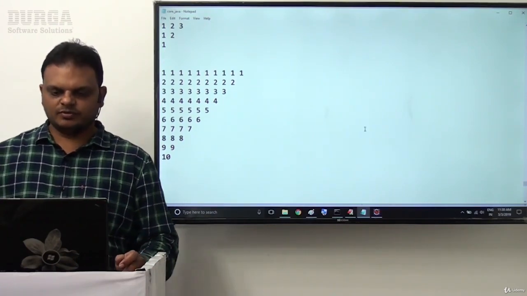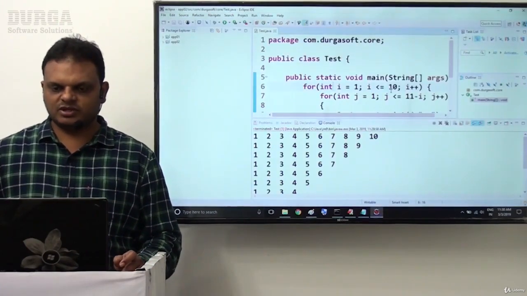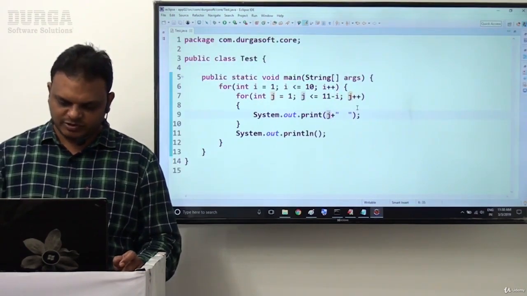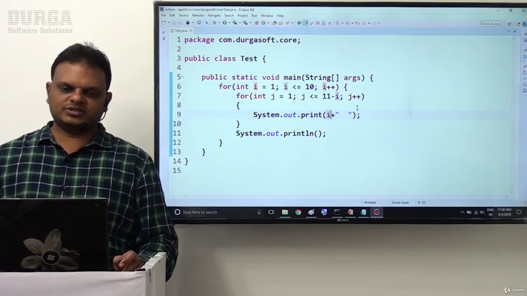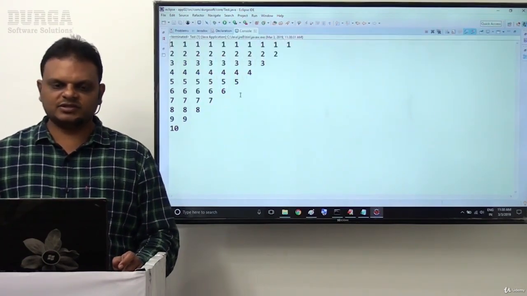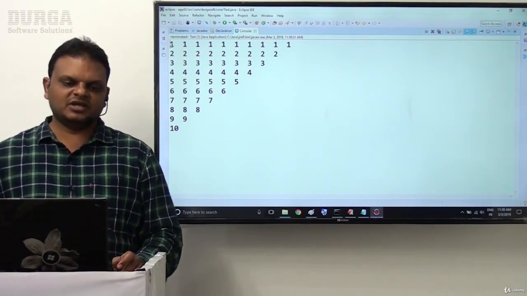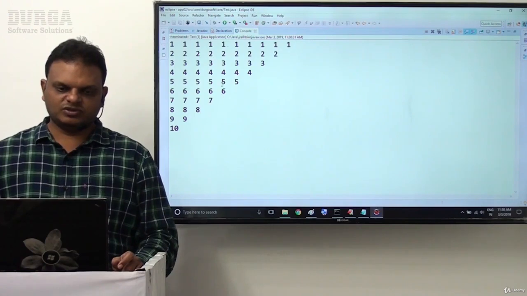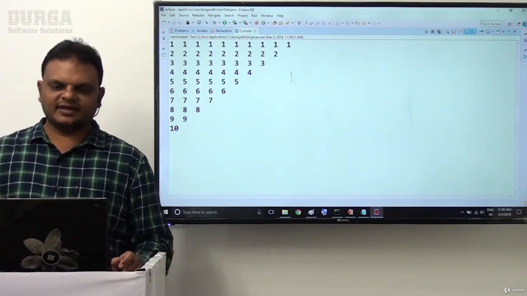In the same example, instead of displaying J value, if we display I value, we are able to get the same values here directly now. After this pattern here we are able to get the same thing. Right, sir. In vertical manner we are displaying the data 1 2 3 4 5 6 7 8 9 10, 1 2 3 4 up to 9, 1 to 8, 1 to 7, 1 to 6, 1 to 5, 1 to 4. Like this here we are getting them.